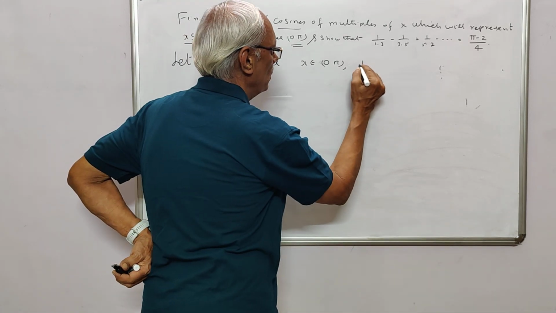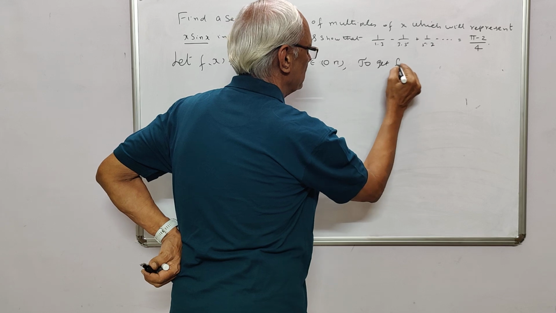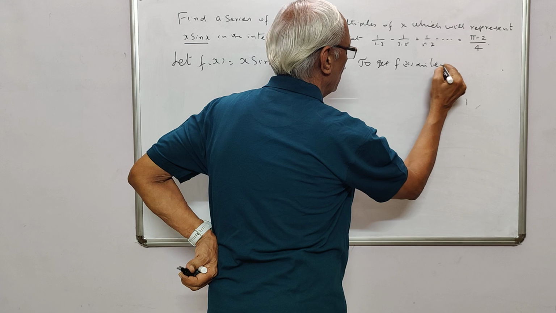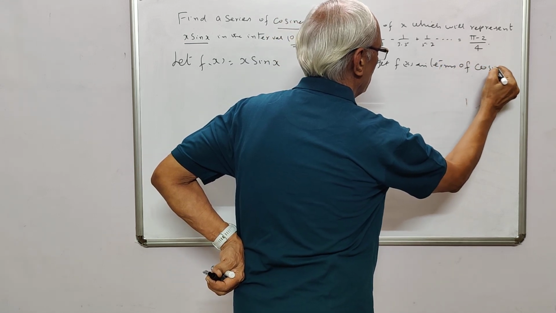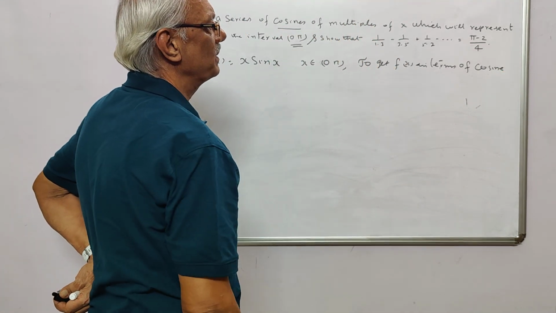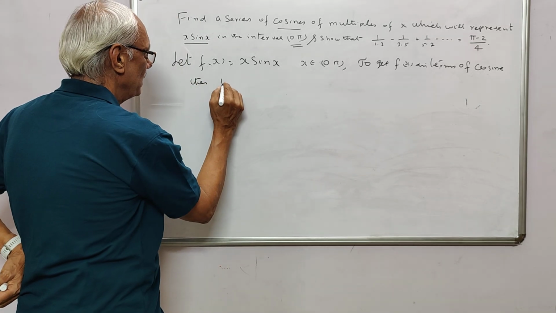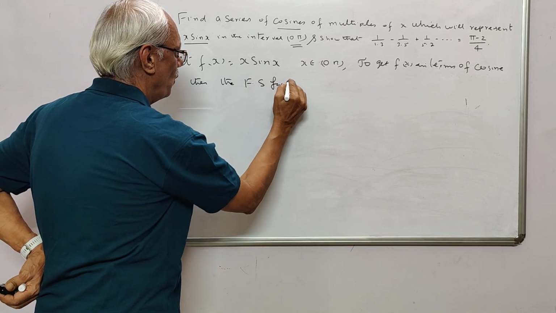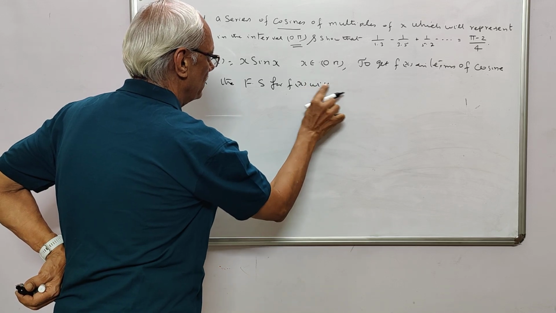Two. See, I write here, to get f of x in terms of cosine. See, here it is asked, get in terms of cosine multiples. Then the Fourier series for f of x will be